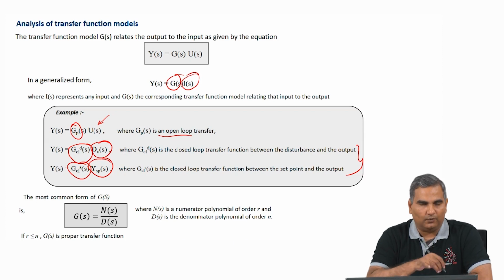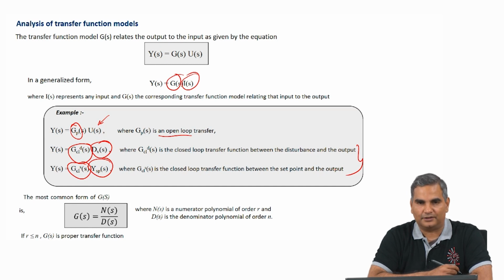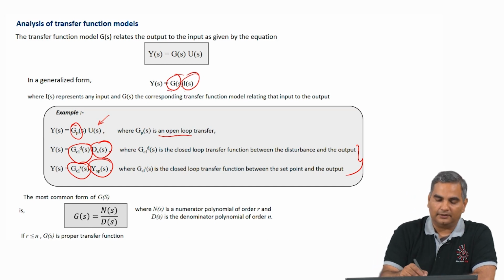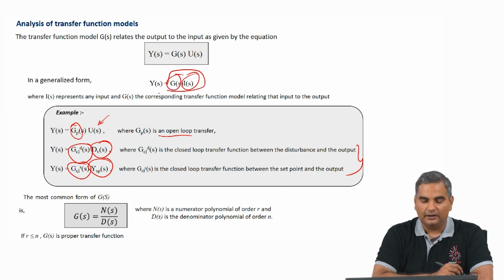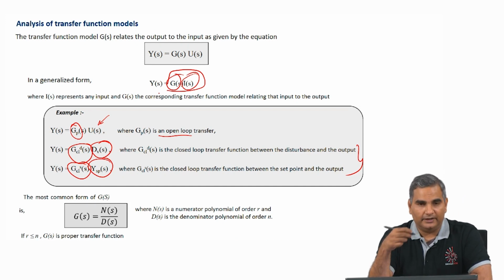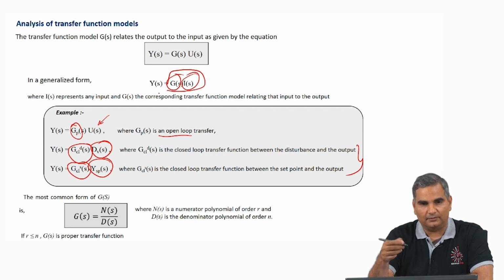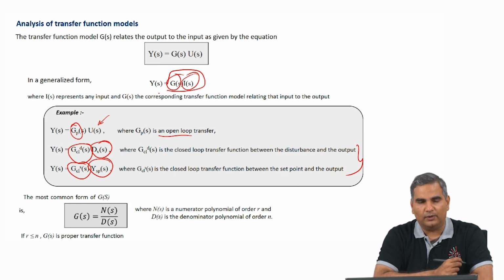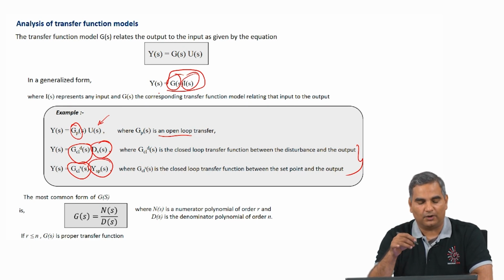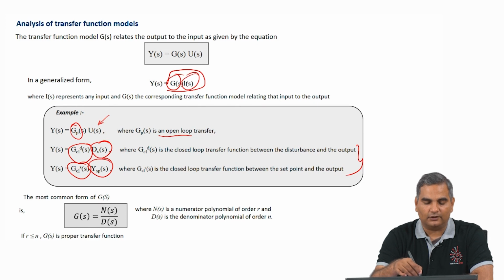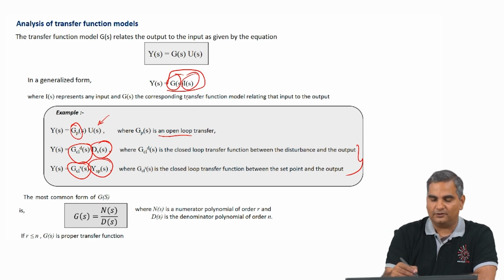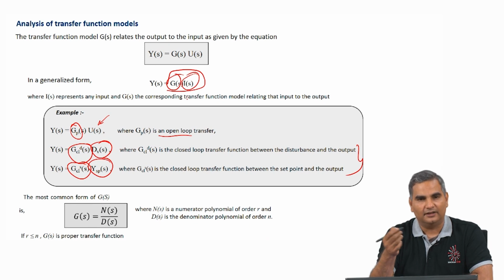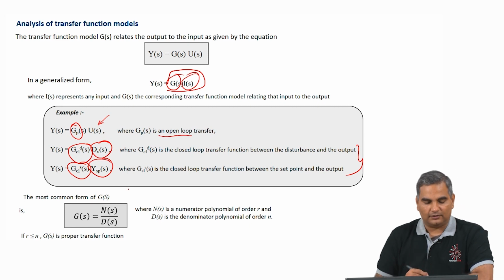Nonetheless, the reason why I want to introduce these ideas here is that anytime you do an analysis of transfer function, ultimately all you are doing is something like this, G(s) times I(s). Now, this G(s) will be derived based on what system and what structure you are using. However, once you learn how to analyze control systems with transfer function models which are generic G(s), I(s), then you know how to address any type of system. So, that is the reason why I introduced these concepts here.